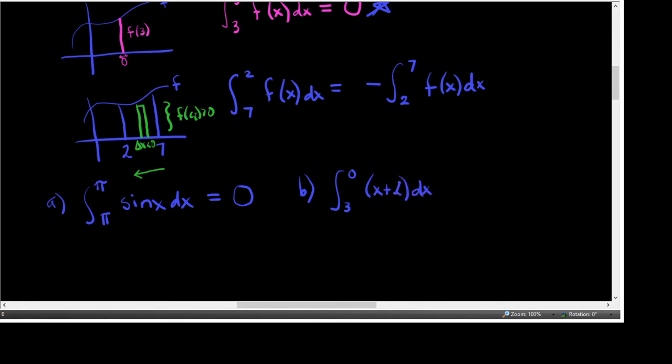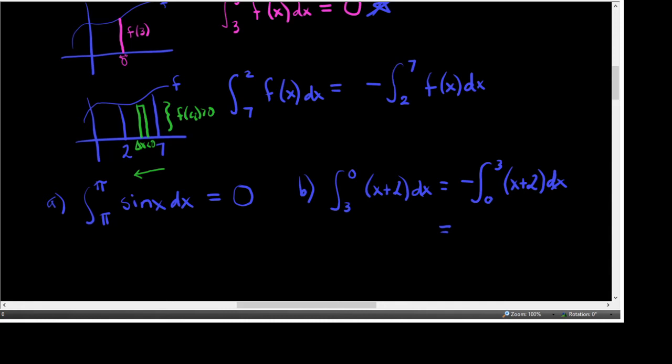The lower bound is smaller than the upper bound, and so I'm going to use that second property and rewrite this in an order that makes me happier. Go from 0 to 3, x plus 2 dx. And in order to make that change, I had to put a negative sign out in front of the integral. And if you look back at prior problems that we did, we had done the integral